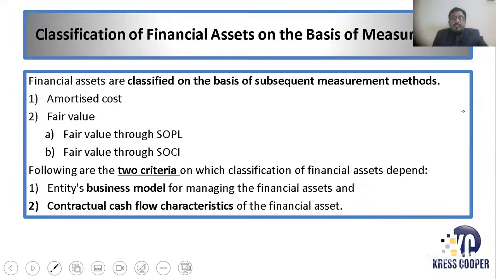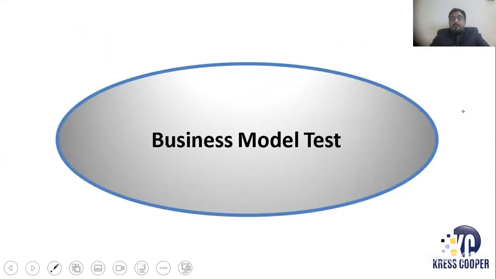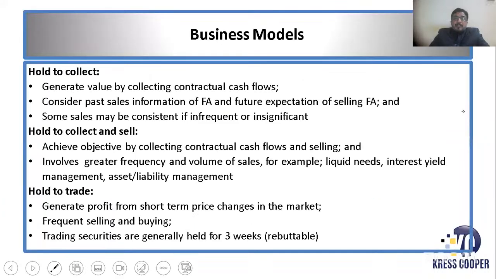We use, in fact, a business model test and contractual cash flow characteristics test. Based on these 2 tests, we finalize the classification in which such financial asset will be categorized or grouped. So in the upcoming portion, I'll be discussing with you the business model test first and then cash flow characteristics test. So in order to understand the business model test,